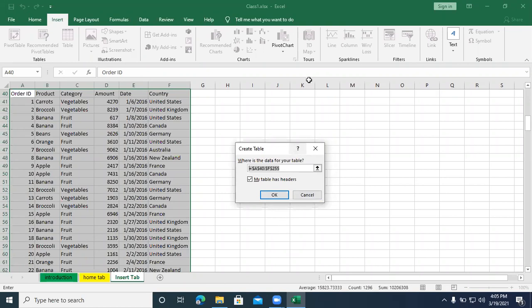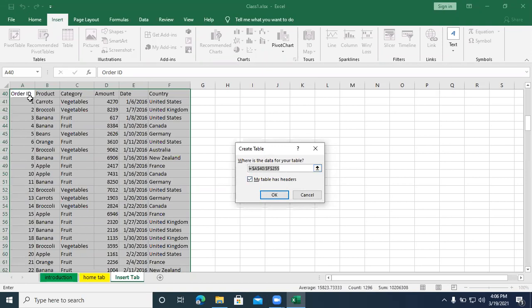Only 1 or 2 people are replying out of 14 students. So relative, absolute, and mixed are the three different types of cell references. Which type of cell reference is the data range that we selected showing? Good. It is absolute cell reference.